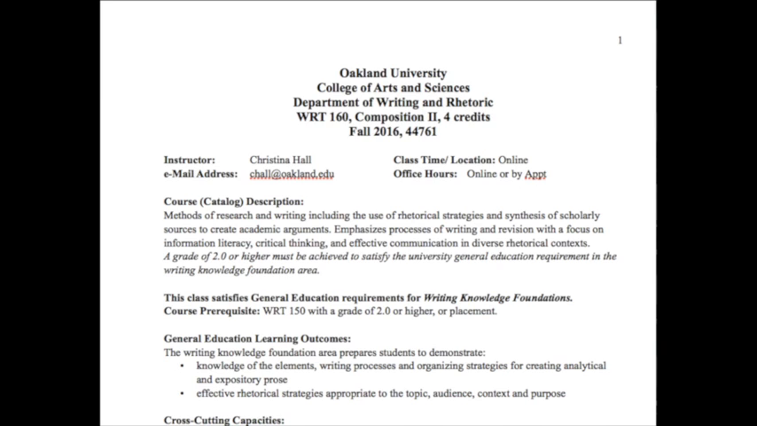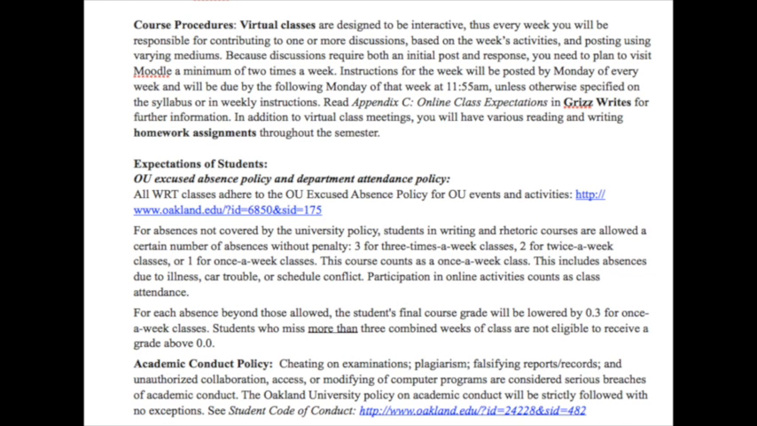And then finally, we're going to go over the syllabus just briefly. I'm going to tell you what is on it. Top basic information, course catalog information. I'll let you read through it. No sense in me reading it, although make sure you look through the expectations of students, particularly for